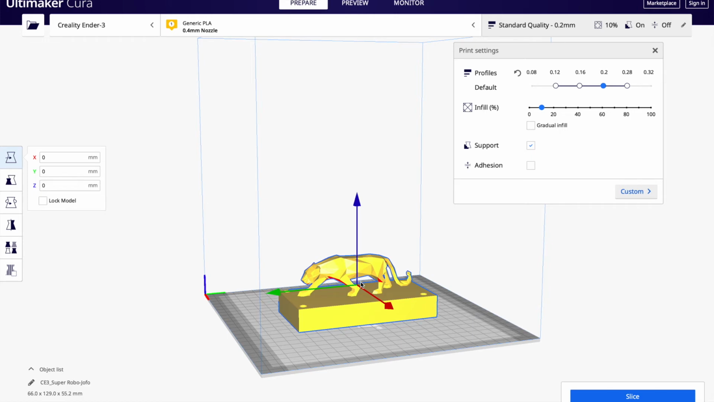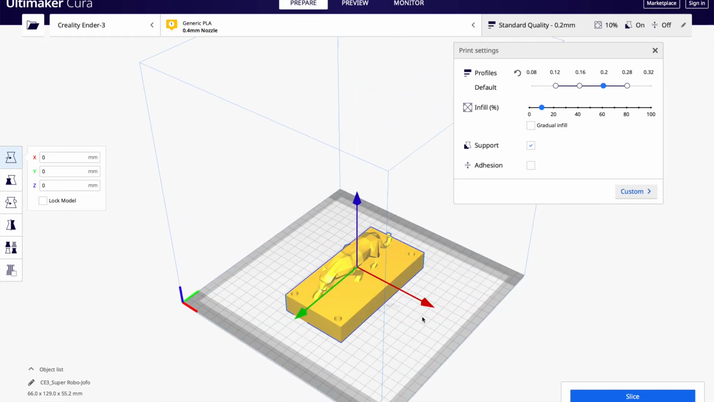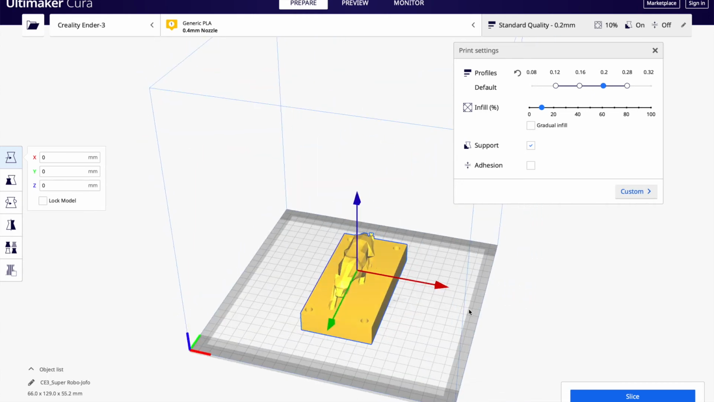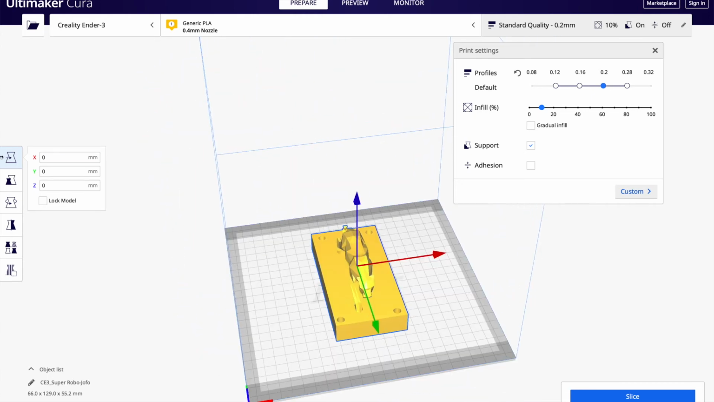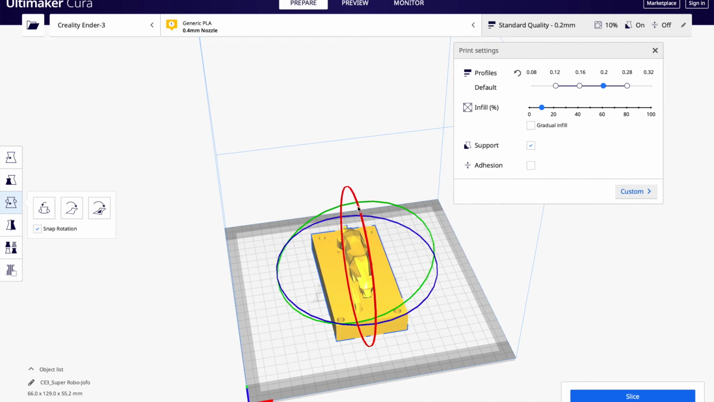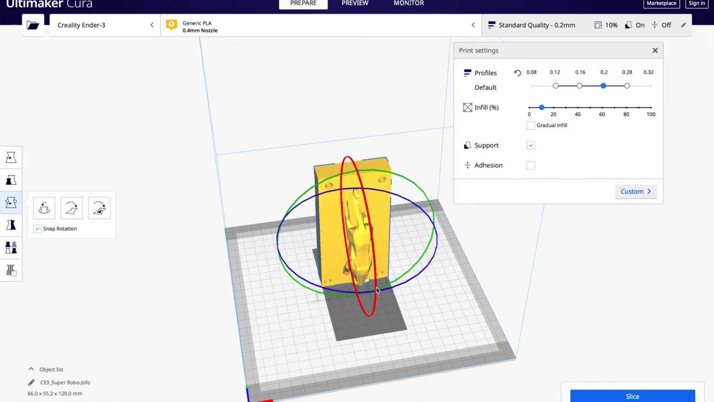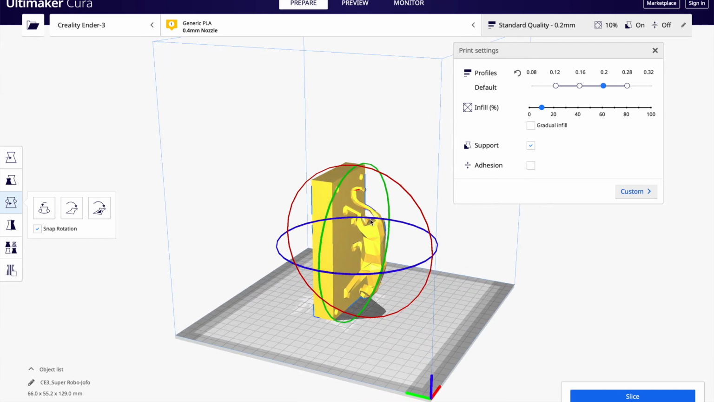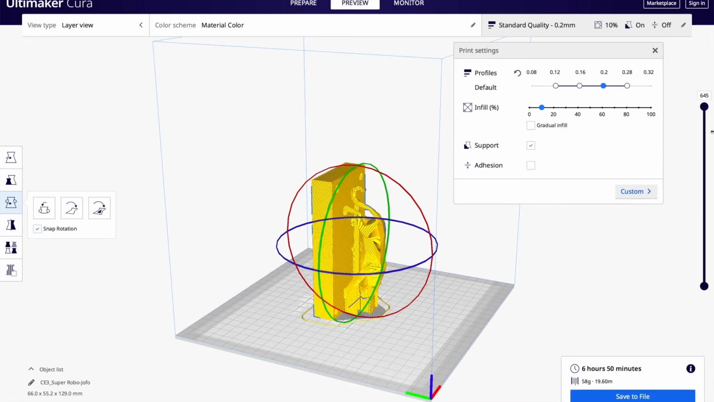Because of that, it might need a support, but it's not too big of a concern because of how small the surface area is. If, let's say, we flip this object over here in this orientation, like so, and a lot of the surface area is just floating up in the air, we would need a support. And here's what a support would look like. Once we slice it, we click preview,